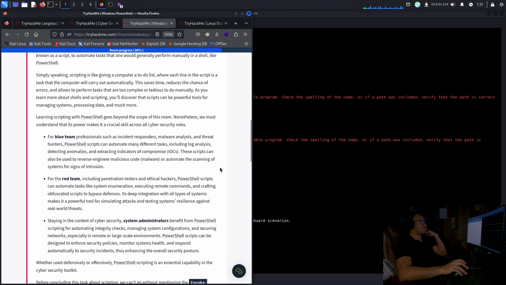For blue team professionals such as incident responders, malware analysts, and threat hunters, PowerShell scripts can automate many different tasks, including log analysis, detecting anomalies, and extracting indicators of compromise. These scripts can also be used to reverse engineer malicious code and automate the scanning of systems for signs of